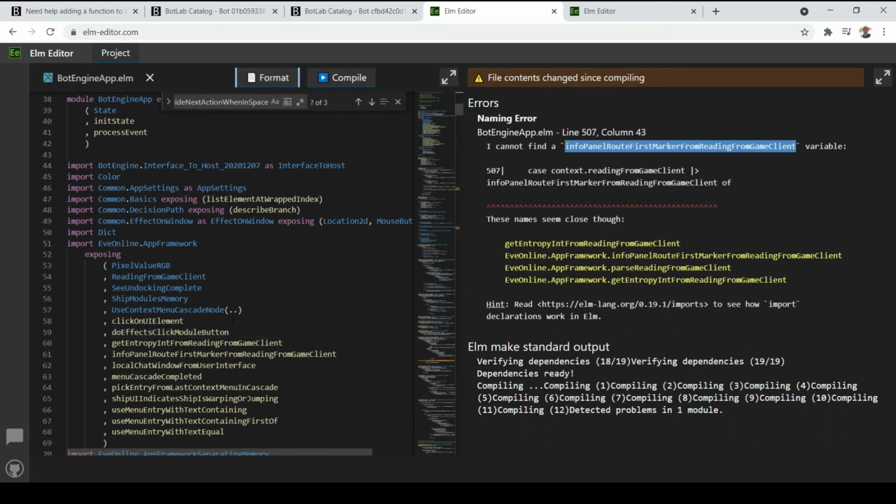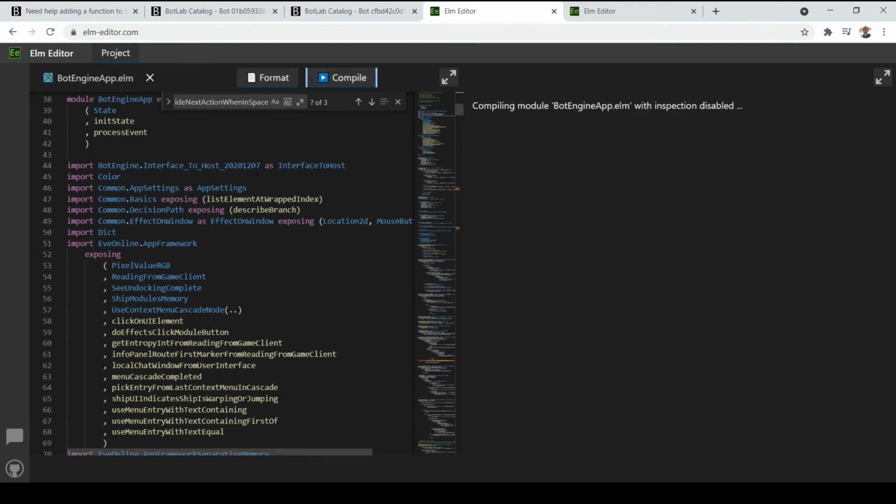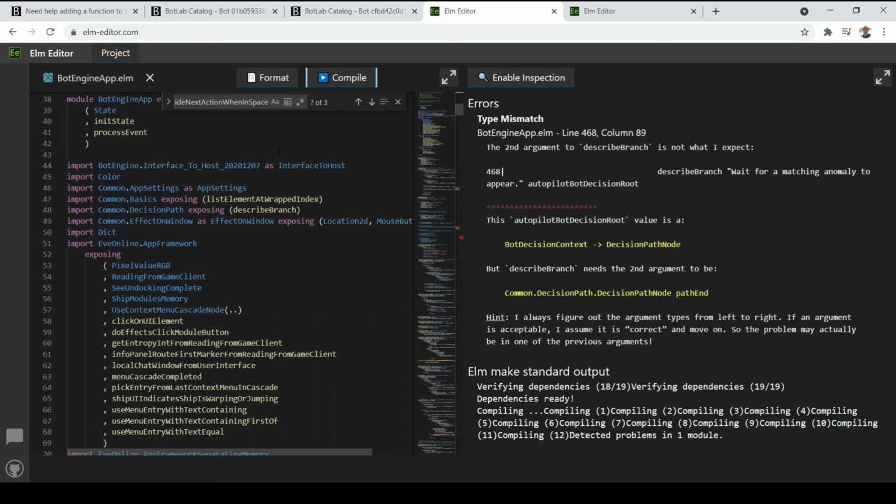So it seems like all this copying takes several minutes. I think this is something we might automate in the future. Probably we'll have some tool that lets you specify a function to copy, and then it'll pull all the dependencies automatically. Okay, so now it looks like all the naming errors are gone.